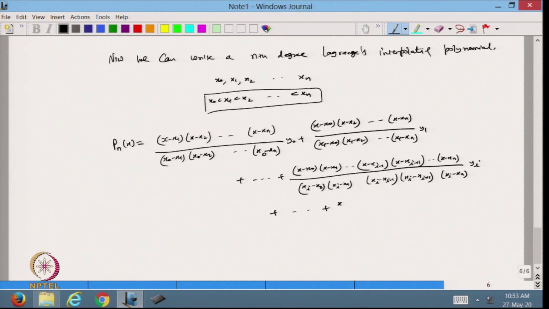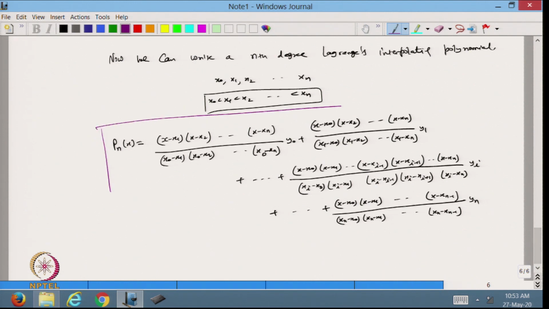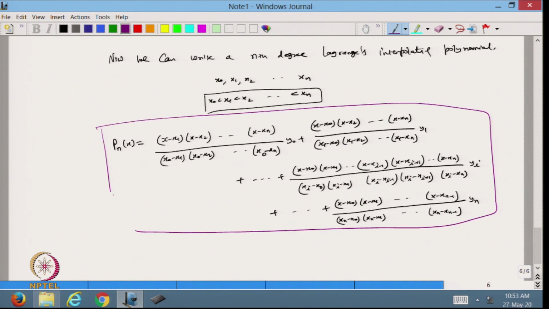So, in the end I will get (x − x0)(x − x1) up to (x − x(n−1)) divided by (xn − x0)(xn − x1) up to (xn − x(n−1)), that is equal to y. So, based on this one, I am able to write the nth degree Lagrange interpolating polynomial,